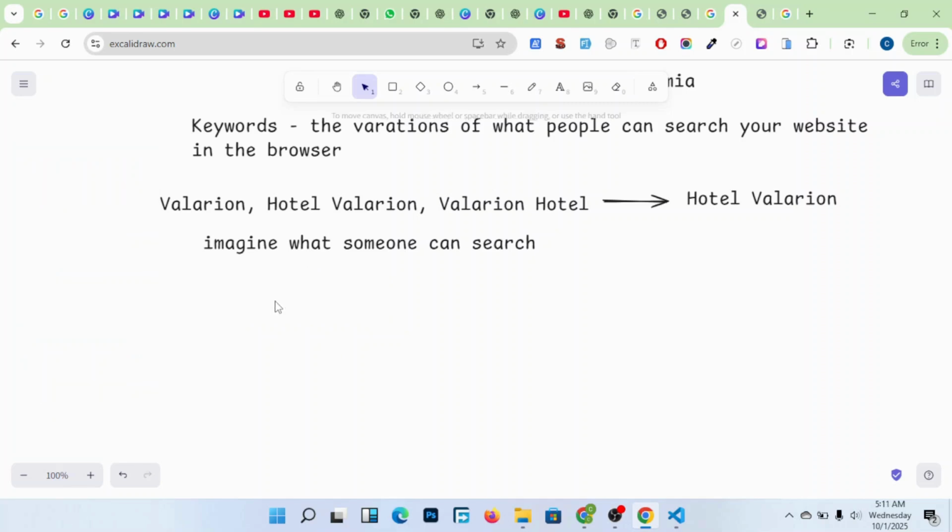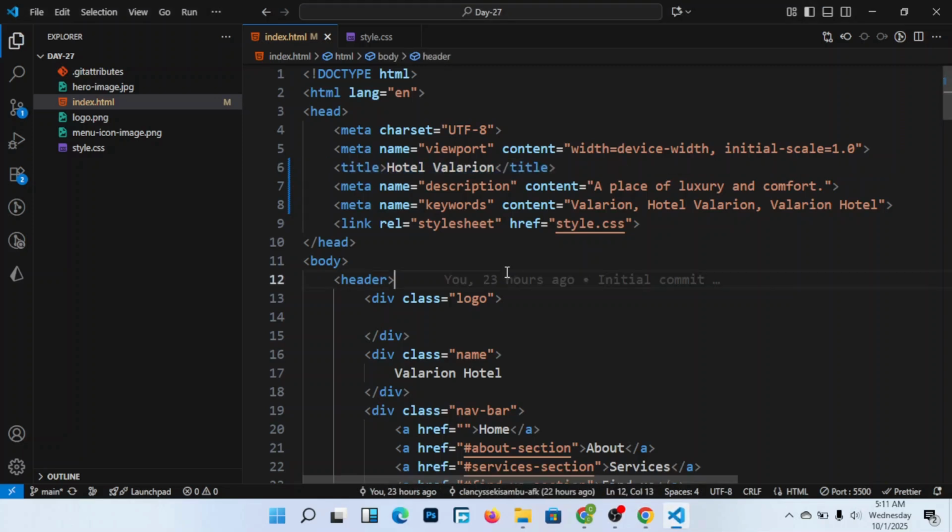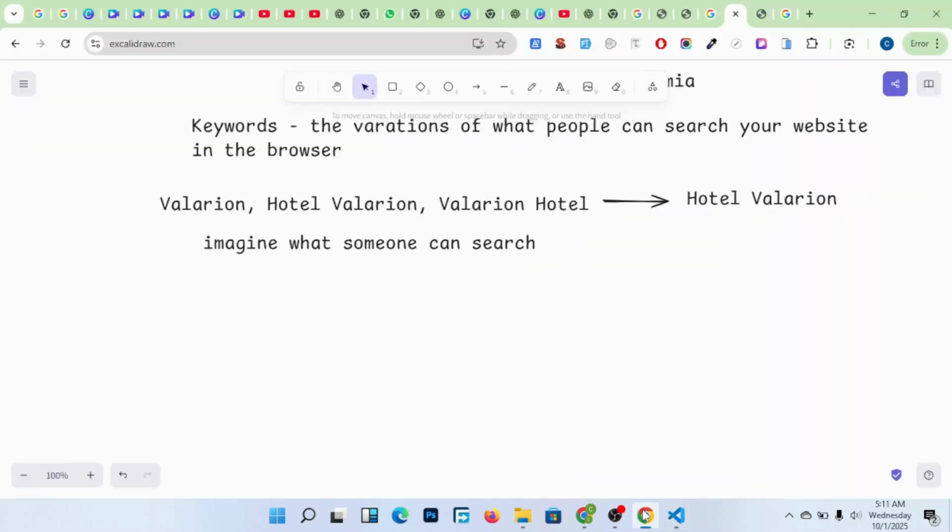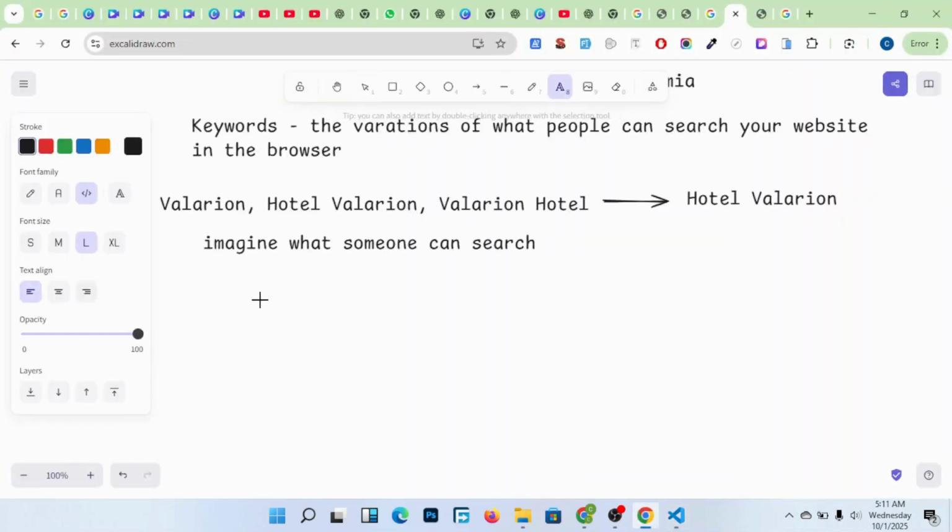Okay, let's go with that simple one. So members, you can see that here we shall have, for example, our keywords. Once you do something like this, you have to make sure that all your images in the browser are minimized.